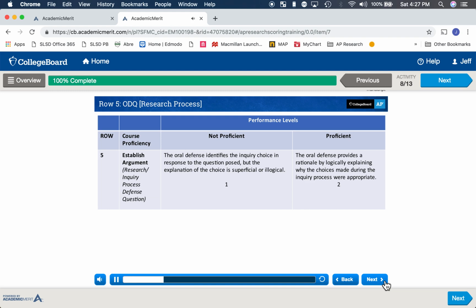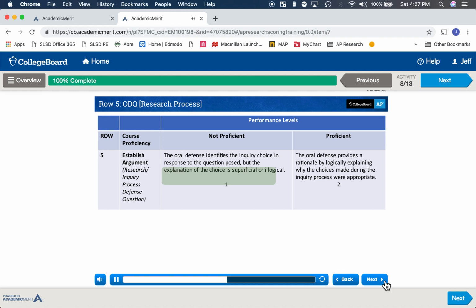For example, in the not proficient column, the student must have simply identified the inquiry choice being questioned about, but provide an explanation for the choice that is superficial or illogical, such as, "I chose this because it was the right thing to do," or "I chose this," and then gives an obviously illogical rationale for why the choice was made, such as choosing to survey people about attitudes when you're actually looking for their behaviors pertaining to a particular